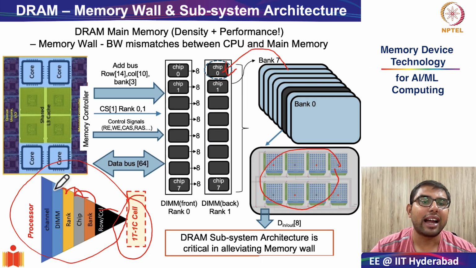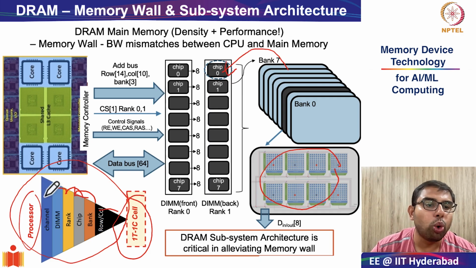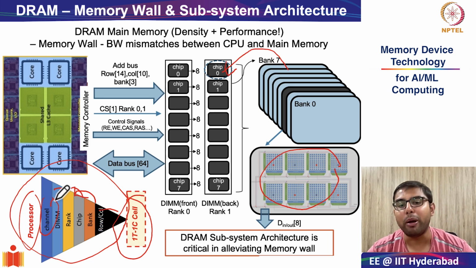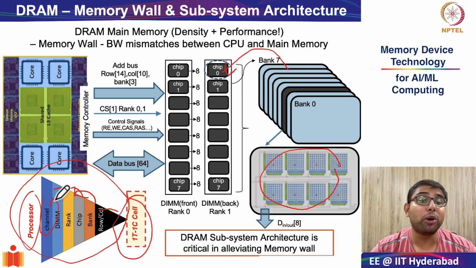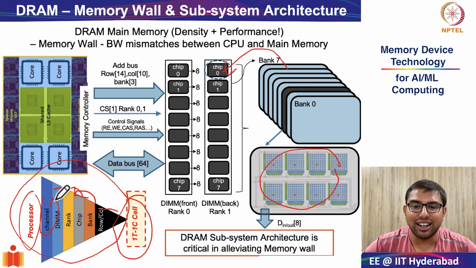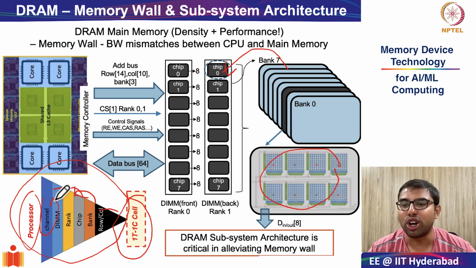The processor, through single or multiple channels, interacts at a time with one rank in a dual inline memory module. These dual inline memory modules are something you might have seen or even bought yourself. You might have taken them from Amazon and fit them into your CPU motherboard slot.